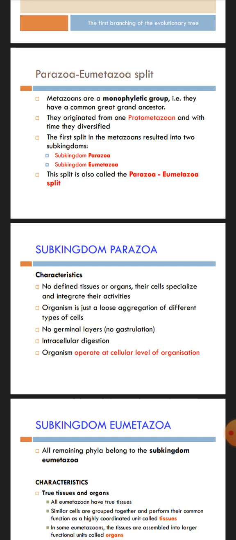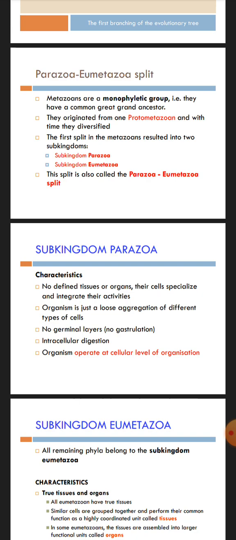So in other words, we say that the animals started as a single cell. There are other animals which exist in a loose aggregation of cells. There are other animals which exist at a level of tissues. There are other animals which exist at a level of that and that and that. So you understand that the way animals are different is because of certain features due to development, in which other animals have